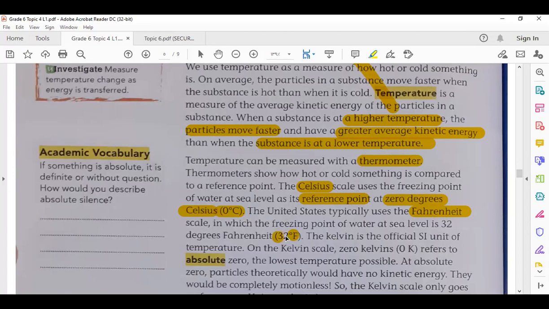The Fahrenheit scale is used in some countries like the United States. The third scale,